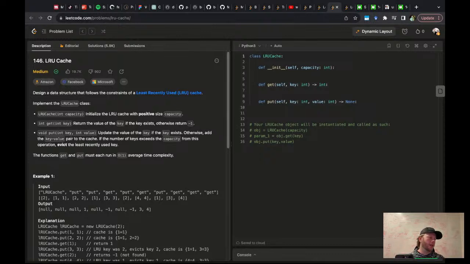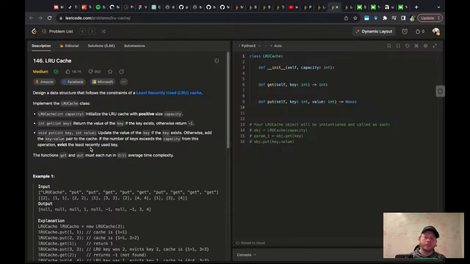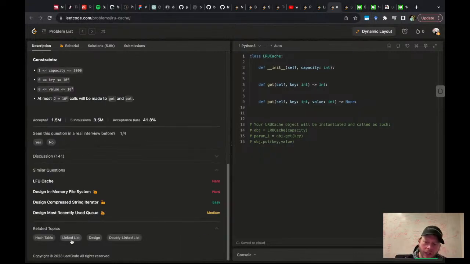See, in Python, we just have an LRU cache annotation we can use. It's very cheaty though, isn't it? Maybe. All right. So this would go under linked list basically.